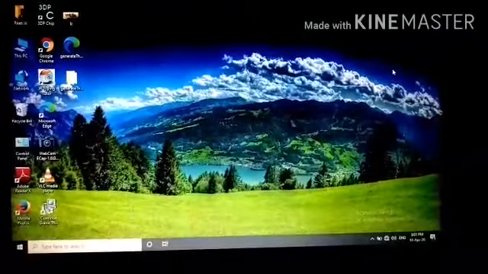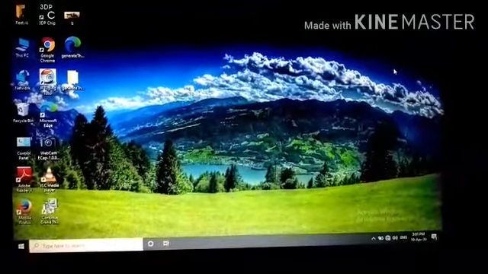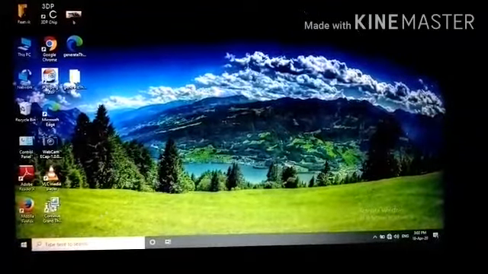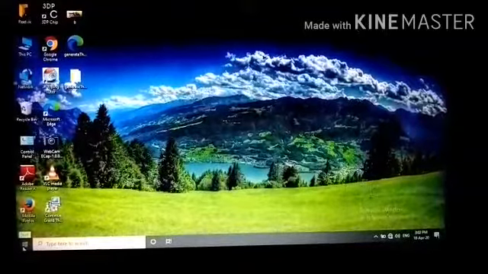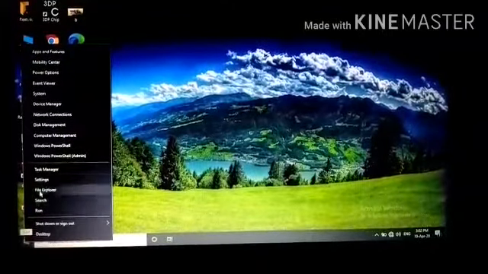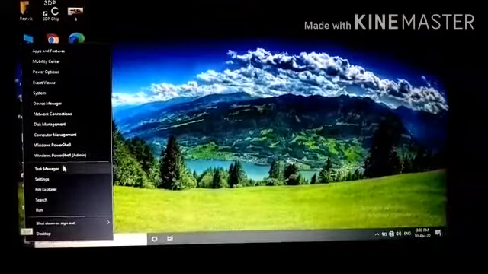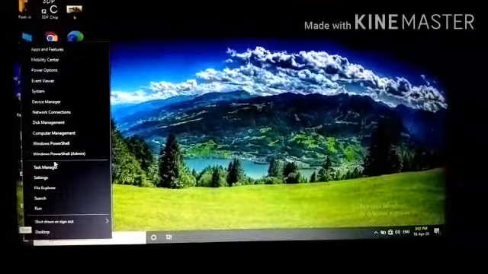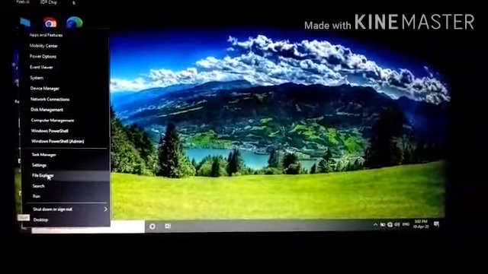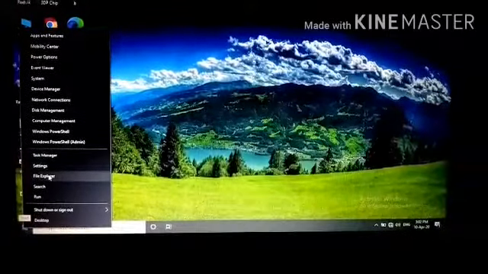About navigating with Window Explorer. If we want to display the screen, click here, Window Explorer. This is Windows 10.